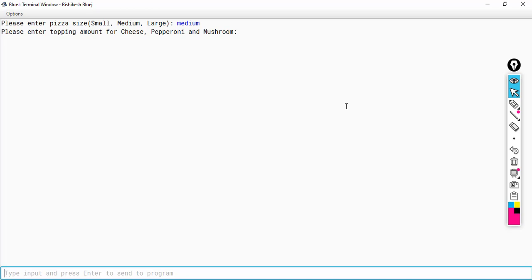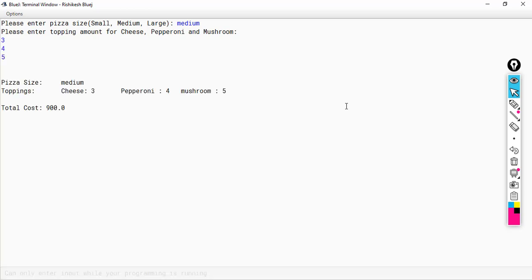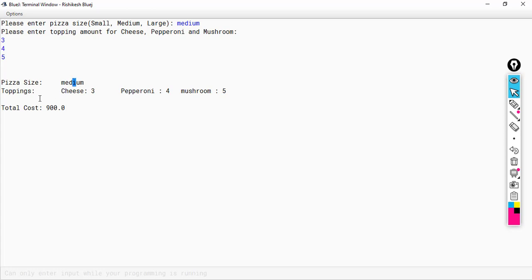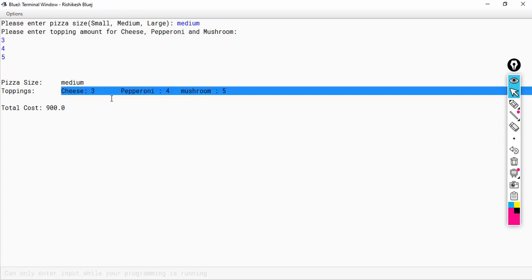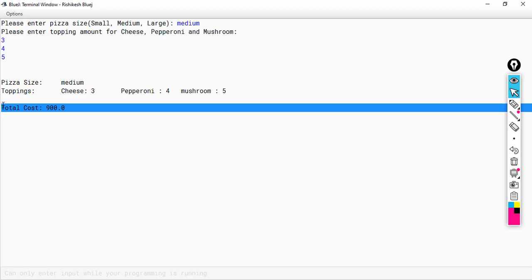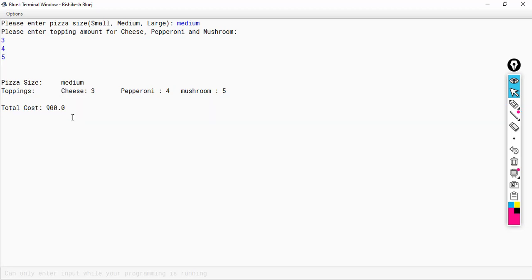So let's have 3 cheese and 4 pepperoni and 5 mushroom. So the final information is displayed here, as you can see. The pizza size is medium and the toppings are like this: cheese is 3, pepperoni is 4 and mushroom is 5, and then the total cost is displayed here, that is 900.0.